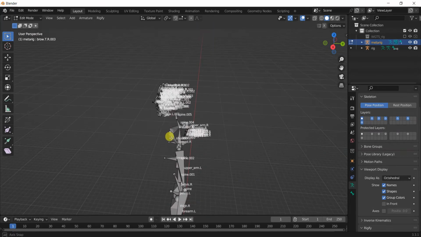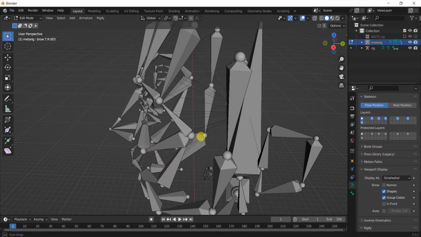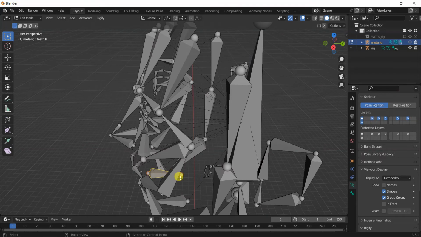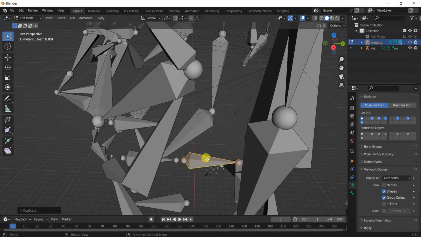How about I disable the names for now, and I'm gonna select this bone, Shift D to duplicate it and Y to constrain it along the Y-axis. Alright, here we go, we just duplicated a bone. Now I'm gonna unlink this. For that I need to press Alt P and clear the parent. Alright, now